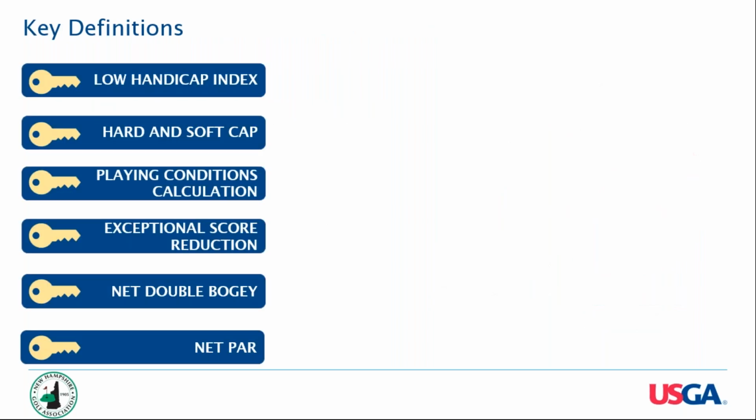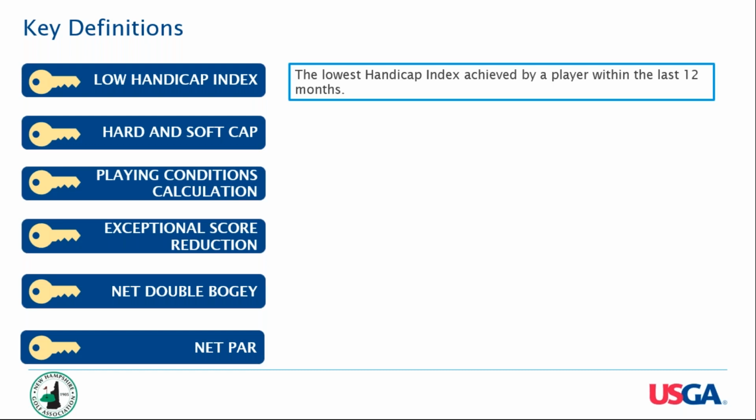All right, so some key definitions. I'll briefly go through these definitions because each of these points we will get into deeper later in the presentation. The low handicap index is the lowest handicap index achieved by a player within the last 12 months,